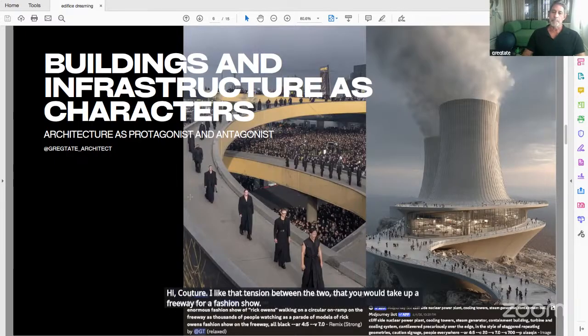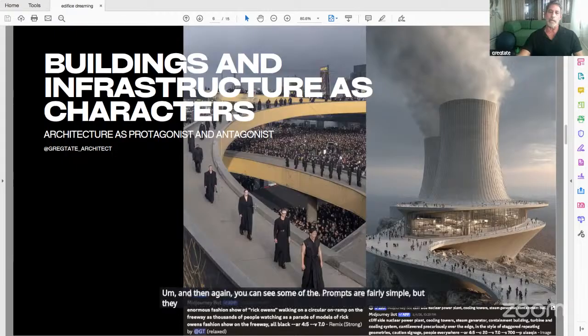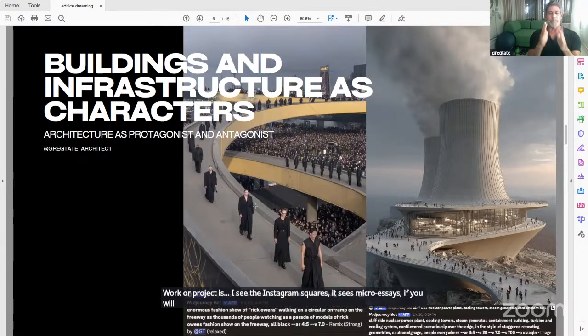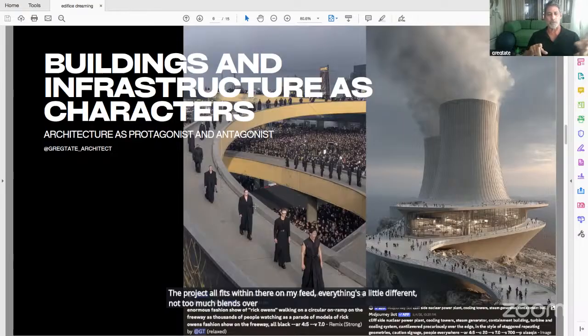And then again, you can see some of the prompts are fairly simple, but the way I work a project is I see the Instagram squares as these micro essays, if you will, where the project all fits within there. On my feed, everything's a little different. Not too much blends over to the next post. I want to try to keep an idea as one.